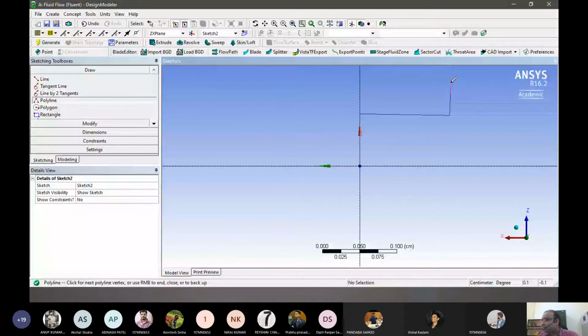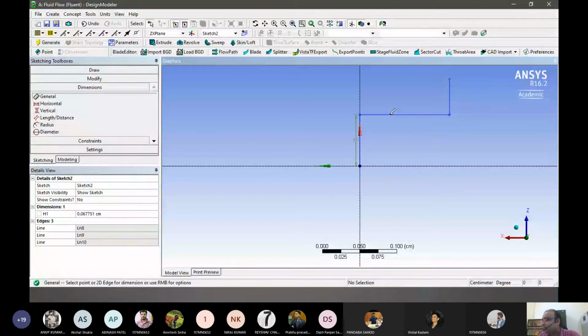Let's close this, and let's make changes to the dimensions. This will be 1, this will be 2, and this will be 3. All these we have to put at 50, so let's put them as 50 centimeters each. Right.